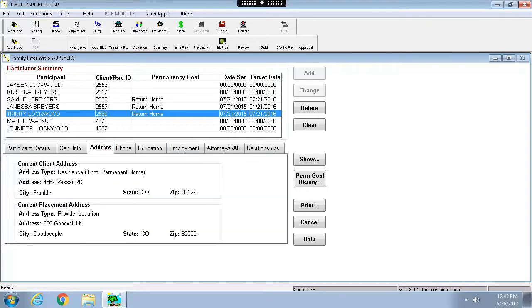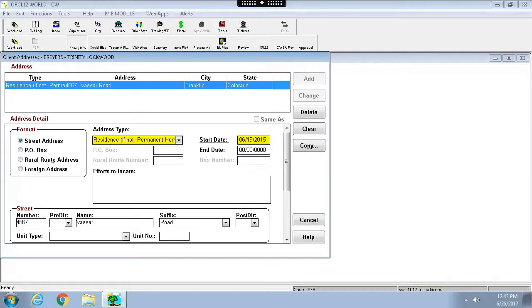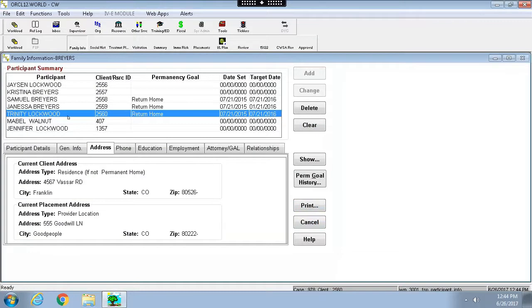So for example, if I wanted to get to the address, I can view it in the Part 1 here, and I can actually go over to show and make some changes. If, let's say, the family moved, I would end date their address here, click on clear, and enter a new address. So I can actually view that from the Part 1. I can make changes by clicking on show, and that's an efficiency factor in Trails,